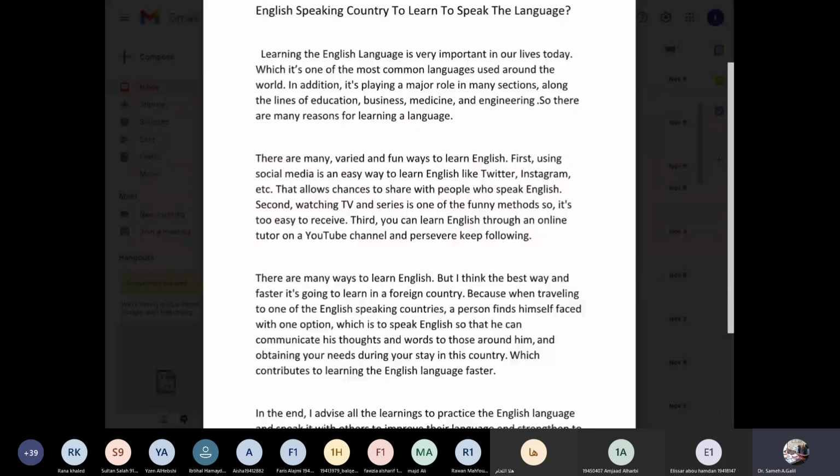It's not the thesis statement that we want, I know, because she's not reacting to the prompt or the question. She has invented, obviously, her own question. There are many reasons for learning a language. So this is the thesis statement, right? And then this is actually what I'm going to look for. I'm going to look for reasons why we should learn a language. Again, I'm saying that this is the wrong thesis statement, but it's there.